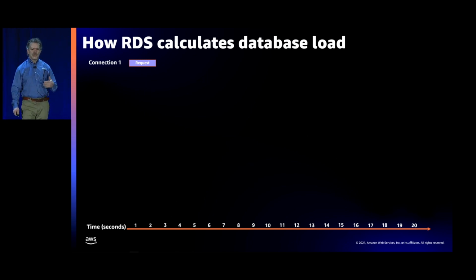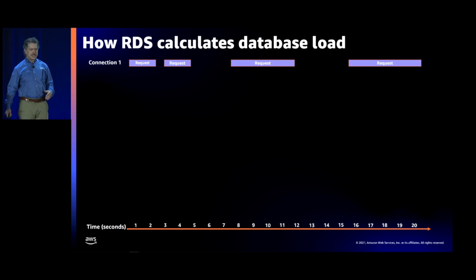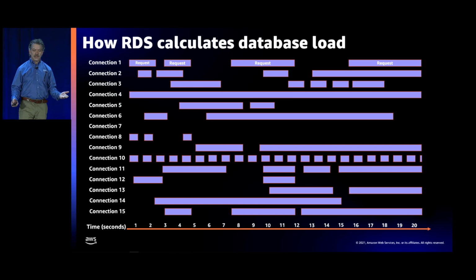This is just for illustration purposes. But database connections don't usually make just one request to the database, do they? Usually they make many, many requests in succession. So kind of like this. Here we see many requests in succession to the database. And that's just one connection, right? There probably, in your database, are many connections making many requests in succession to a database, kind of like this. And each connection may be fulfilling many, many requests, and those requests may have a variety of durations.